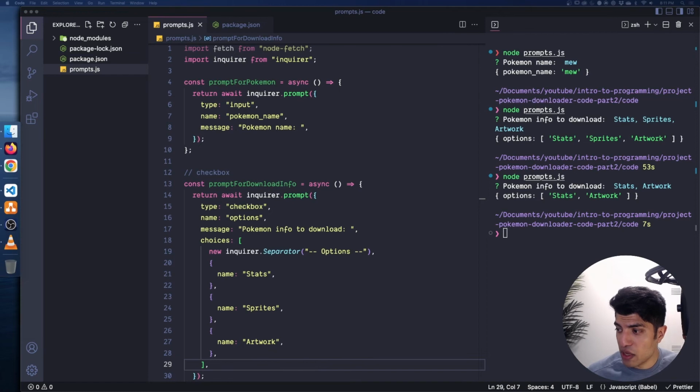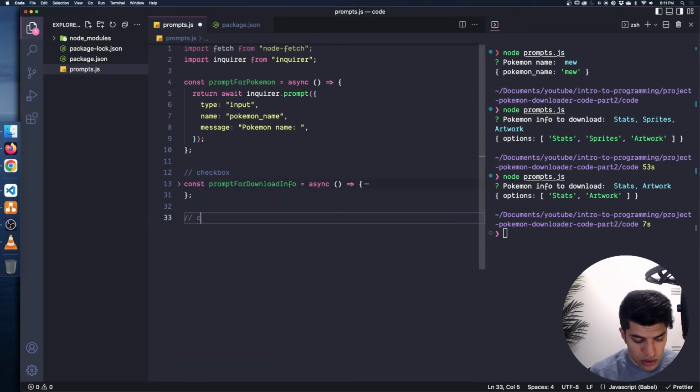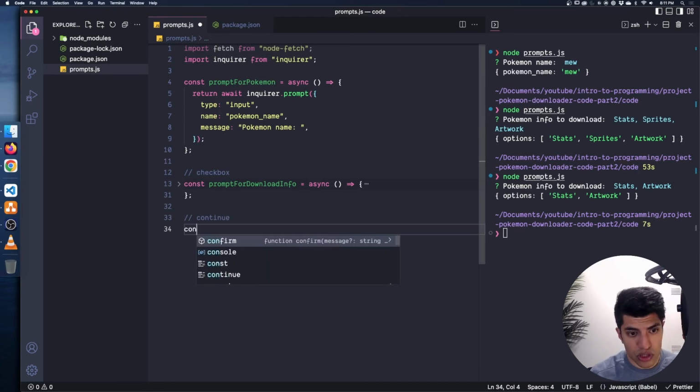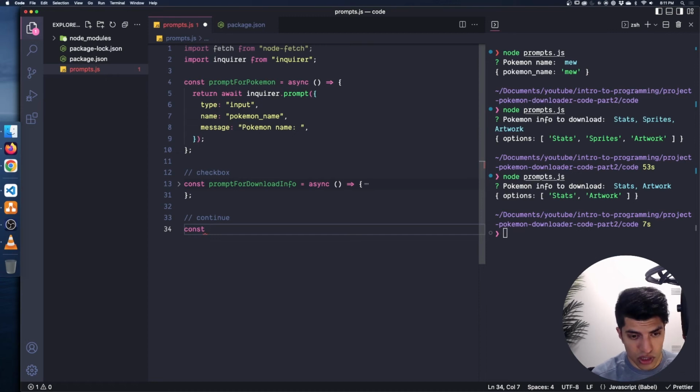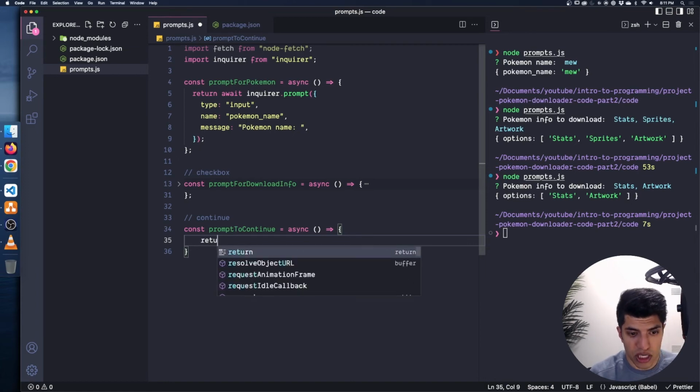Okay, now the last thing in here is maybe we can just do the continue one, right? So we'll do a continue, and we'll just do this in one go. We'll do an async function from the start. So we'll say promptToContinue. This is going to be an async function. So let's follow the same pattern here. I'm going to just use this input one just so that we can make this a little bit faster and easier, because we know that works already. And I'll just say for now, I'll do this. I'll do